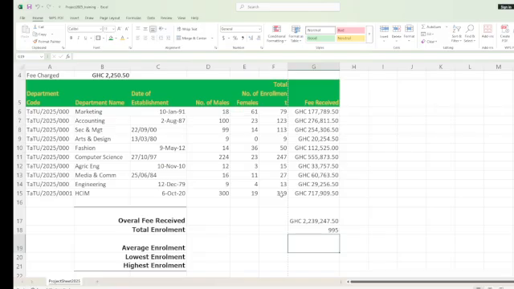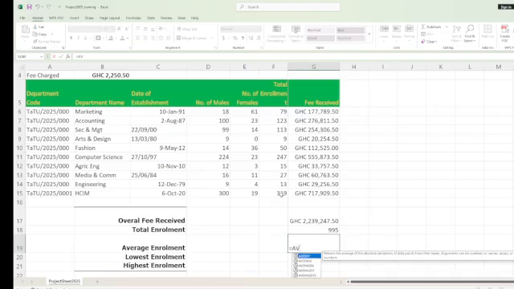The average enrollment has to do with the total enrollment divided by the number of departments, right? I hope my math is good. So let's say, fortunately, I don't have to struggle. Excel has a function called average. So you type average, open brackets, grab the enrollment